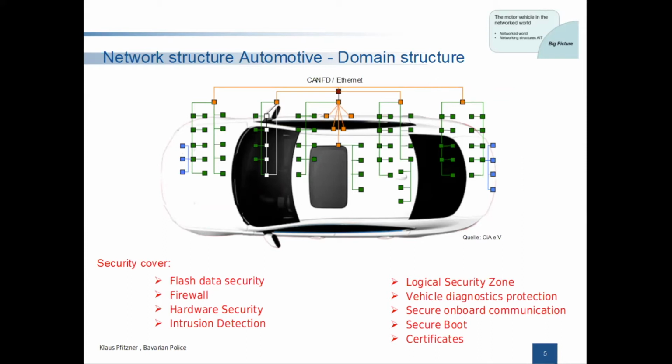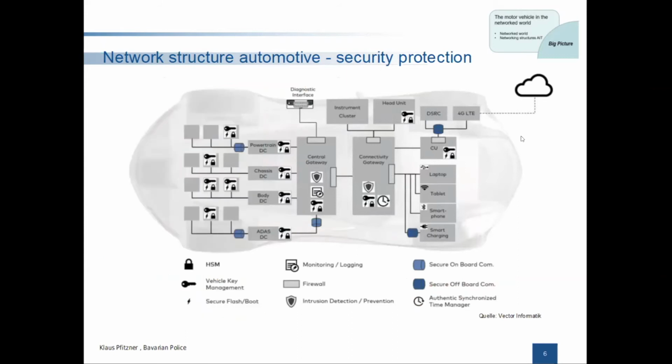Like the star 2.0 structure, or by Volkswagen now. On this slide you can see the new structure of the vehicle network in more detail. The point of view you see here is the security and the key access to manage this in modern architecture. In the middle, the central gateway has the function, and the differences are connectivity gateways and so on.